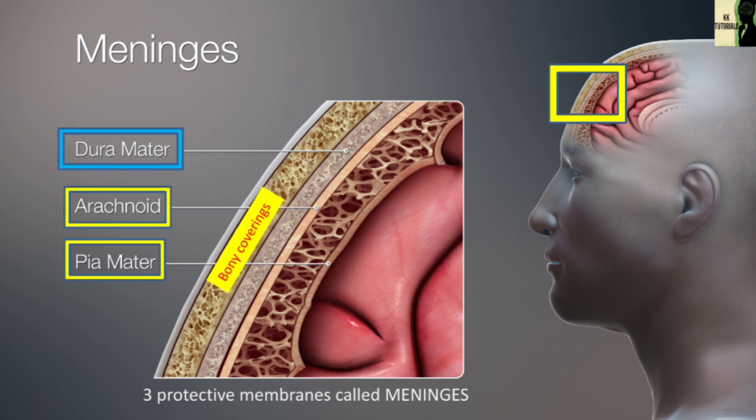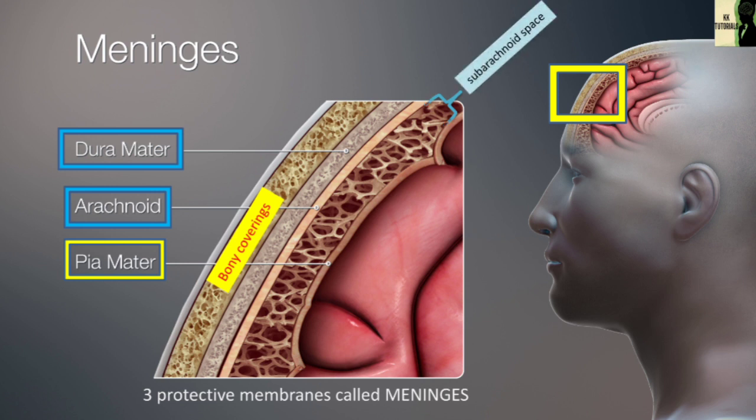Dura mater is the outermost tough, non-vascular, thick and fibrous meninges and is attached to the inner side of the cranium. It is separated from the underlying arachnoid mater by the subdural space filled with a serous fluid. Arachnoid mater is the middle, thin and non-vascular layer of connective tissues having web-like appearance. Here you can see subarachnoid space.